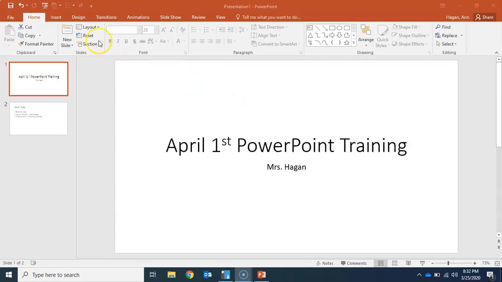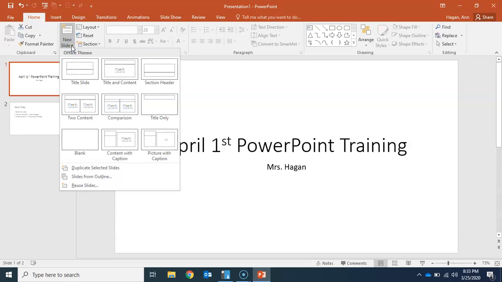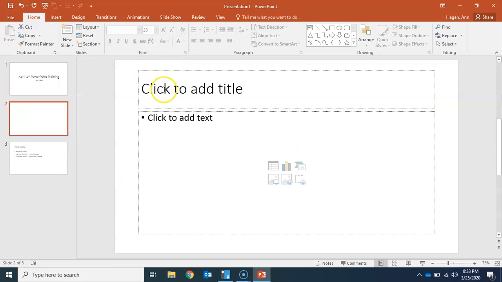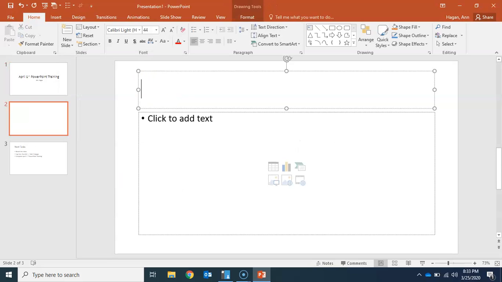The first thing we're going to learn is actually how to insert a new slide. So I've got my ribbon bar. I've got a PowerPoint open. I've got some information on the top slide, but I want to insert a new slide that actually tells my students what we're going to be learning today. So I'm going to go up to the Home tab of the ribbon bar, click on New Slide, and from here I could select any type of layout that I wanted. So I'm going to go ahead and just click Title and Content, and I'm going to type in topics